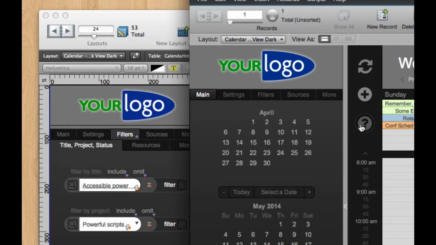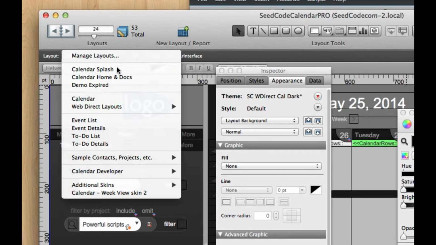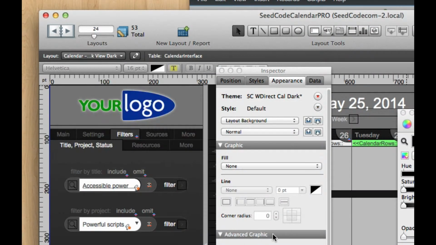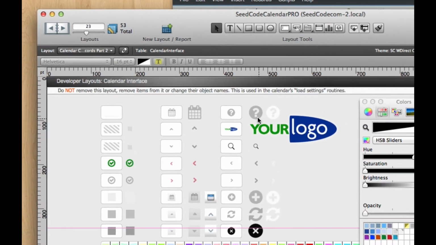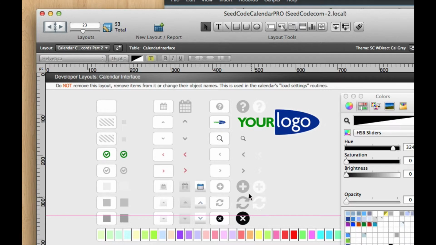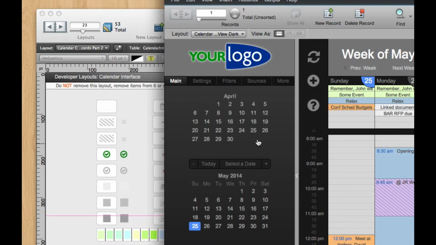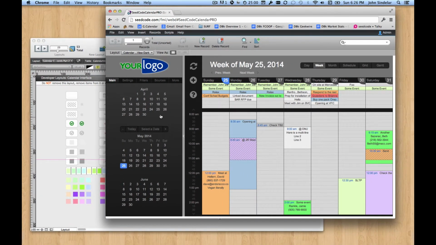Another thing I might want to do by hand is swap out some of these graphics. If I drop over to our kind of graphics holder layout, get rid of this. You can see that we've got white versions of some of these graphics and some alternate color versions of some of these graphics that I might use in certain layouts. So while the theme will get us a long way towards changing the way things look, we can't use it for everything. And in particular, if you see your tabs looking funky, come back to this video and remember that